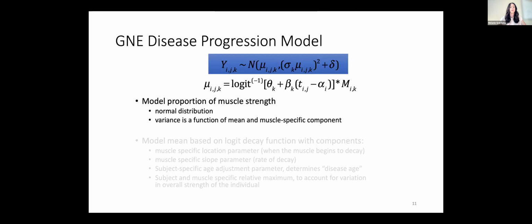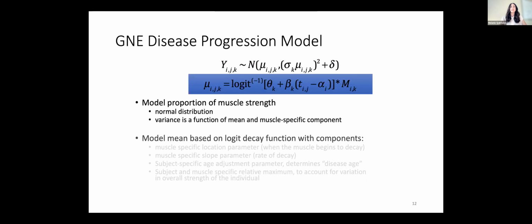You know, on a good day, you could do 10 kilograms better than on a bad day. Once you start to lose that strength, there isn't a lot of variability around the measurements. Maybe we're talking 1 or 2 kilograms. So we want to be able to model that, that it's known that the variance can be a function of your expected value. The mean itself is made up of several components.